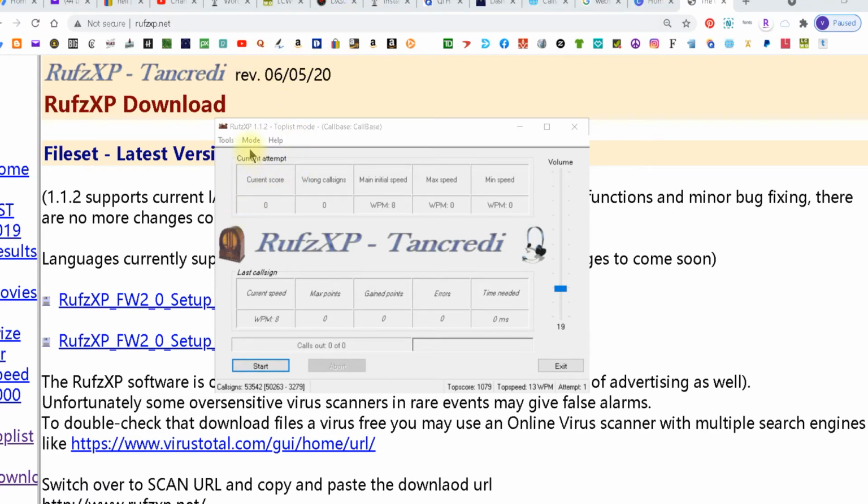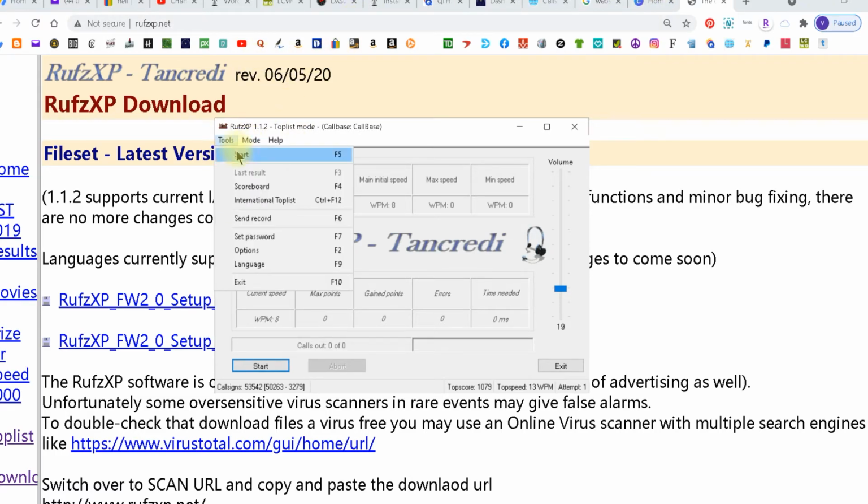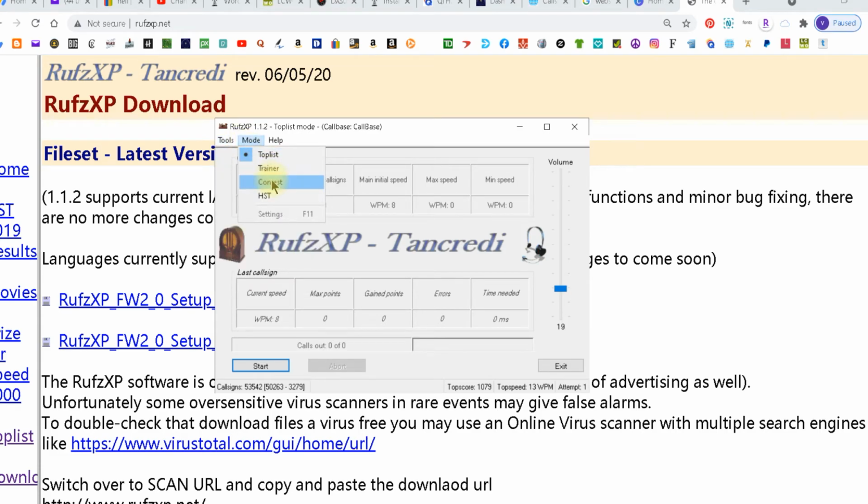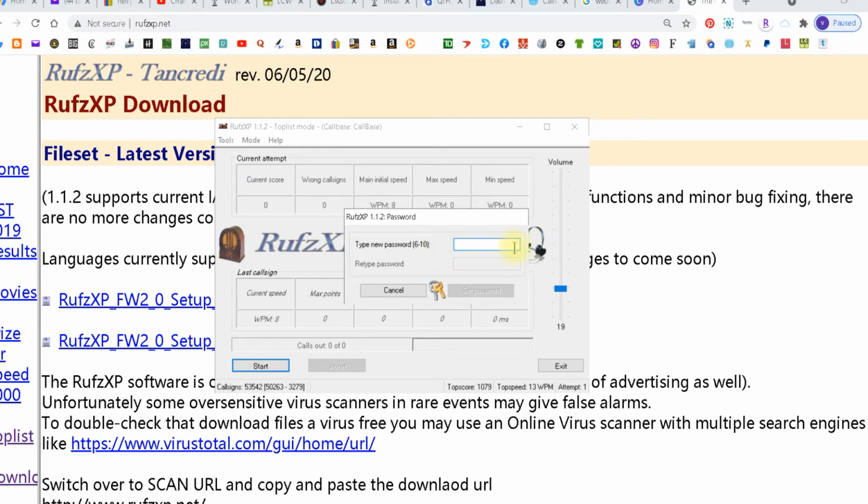Now if you want to do something else, you can come up here to mode, and you still got contests, which will let you practice the call sign, the exchange, and the RST. Plus I believe it also gives you pile-ups or single calls. It gives you band conditions like QRN and QRM. And then you got HST, but when you click on one of these, you're going to have to set a password. I haven't got that far yet, so